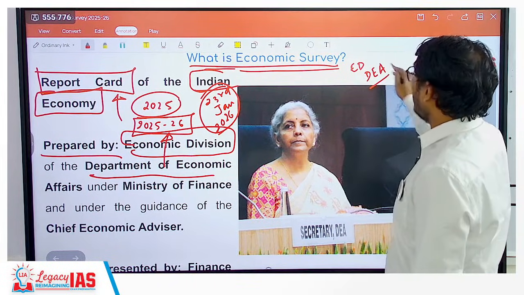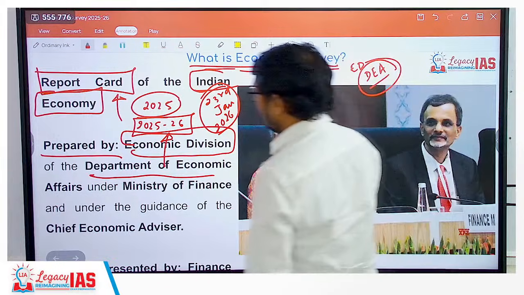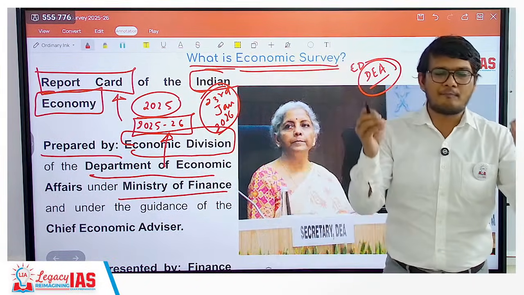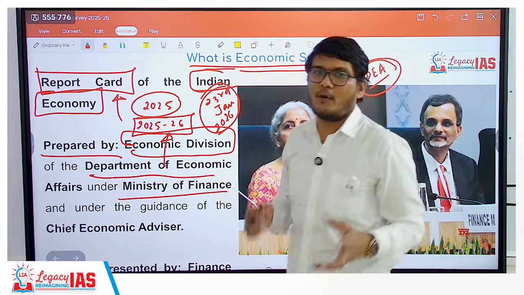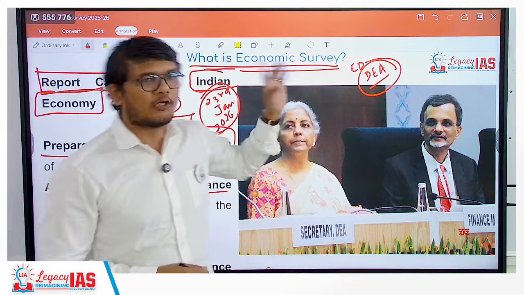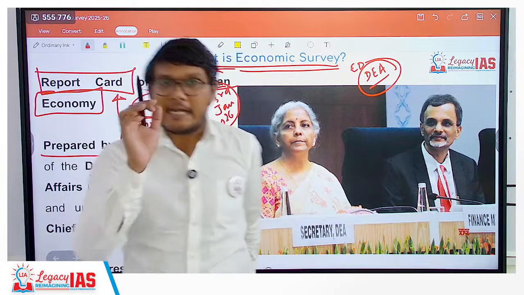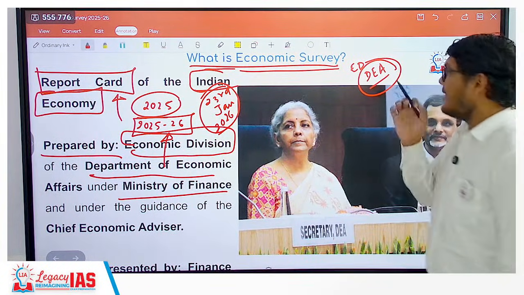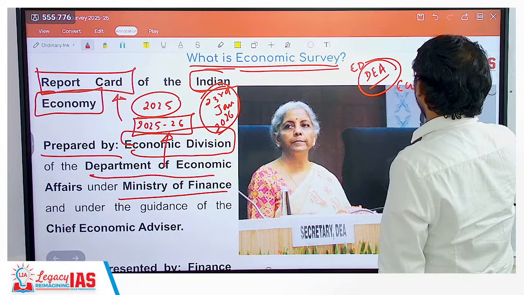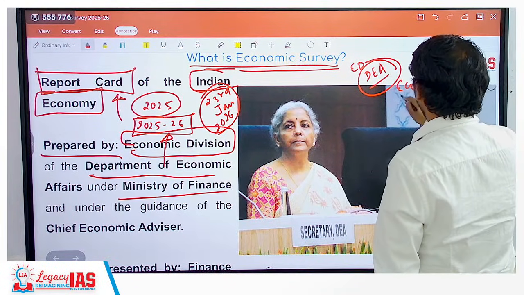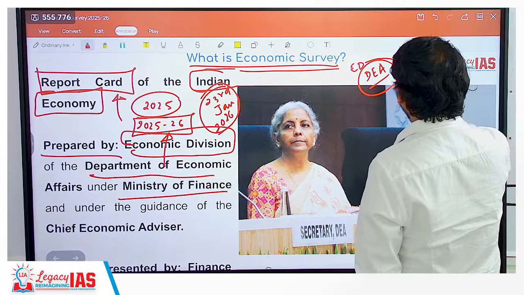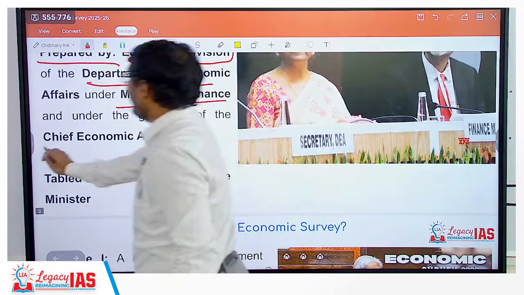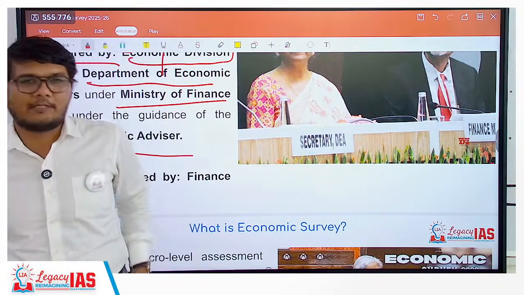And this Department of Economic Affairs is under the Ministry of Finance. So the flow of preparing this economic survey is exactly the same as your union budget. But remember, here this economic survey is prepared under the guidance of the chief economic advisor of the Indian economy,